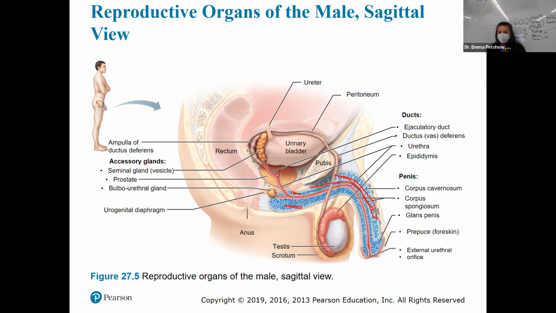Yes. Correct. Yes. So if you were asking any vascularity question, your answer would be cavernosum versus